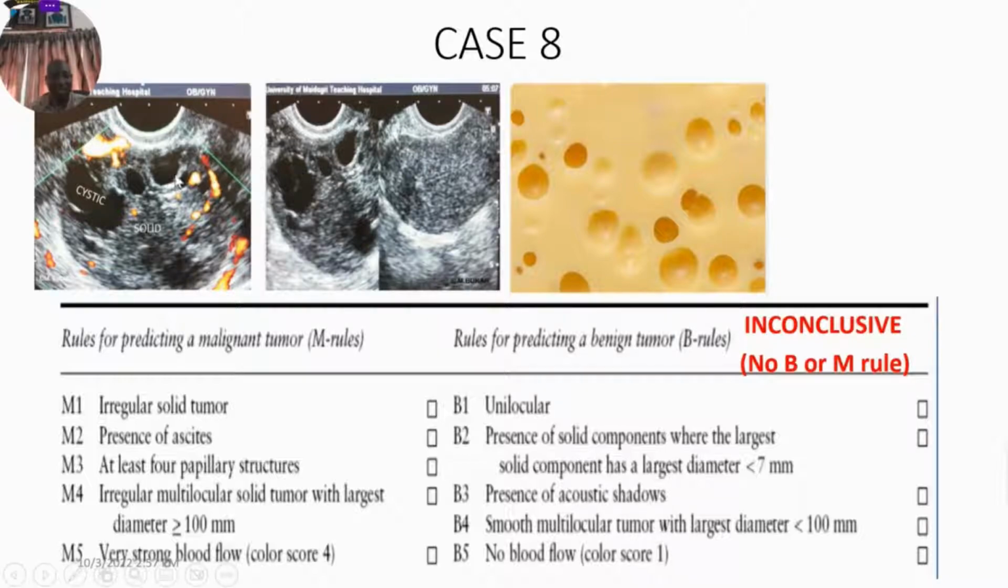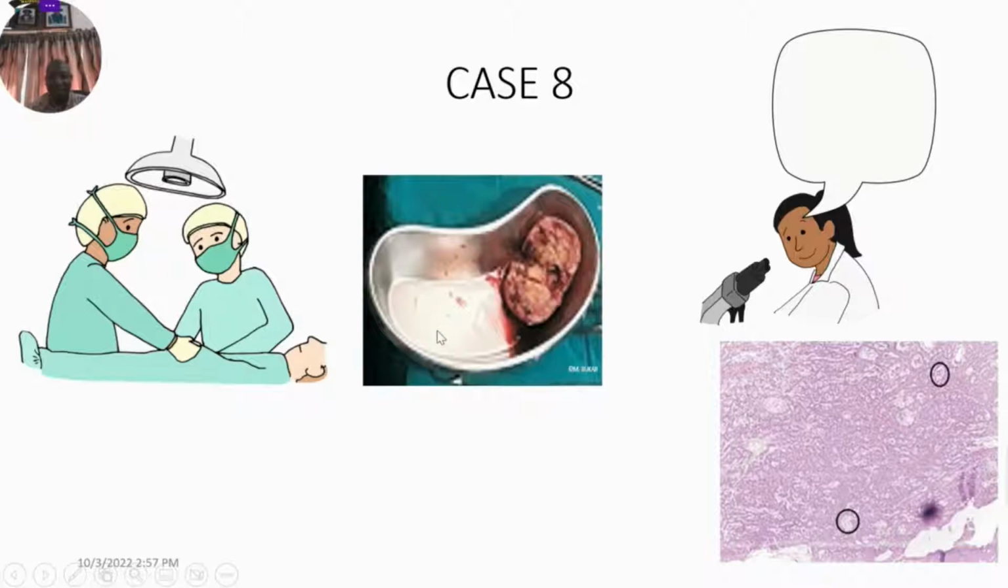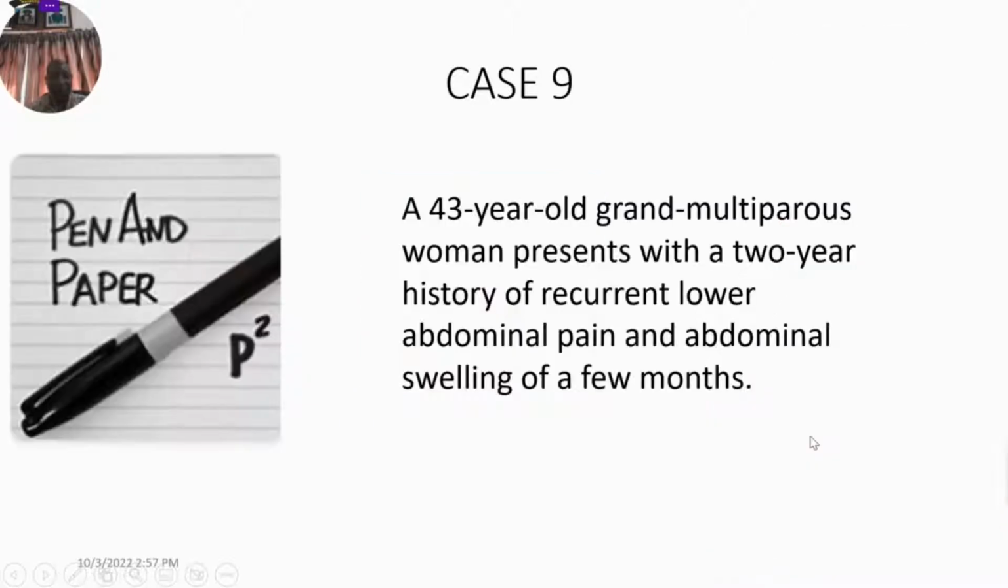Again, subjective assessment, typical Swiss cheese pattern, but there were no M rules and no B rules, so it was inconclusive. She underwent surgery, and the histology showed us that these were called Exner bodies, so it's a case of adult granulosa cell tumor. Case number 9 was a 43-year-old grand multipara who presented with a 2-year history of recurrent lower